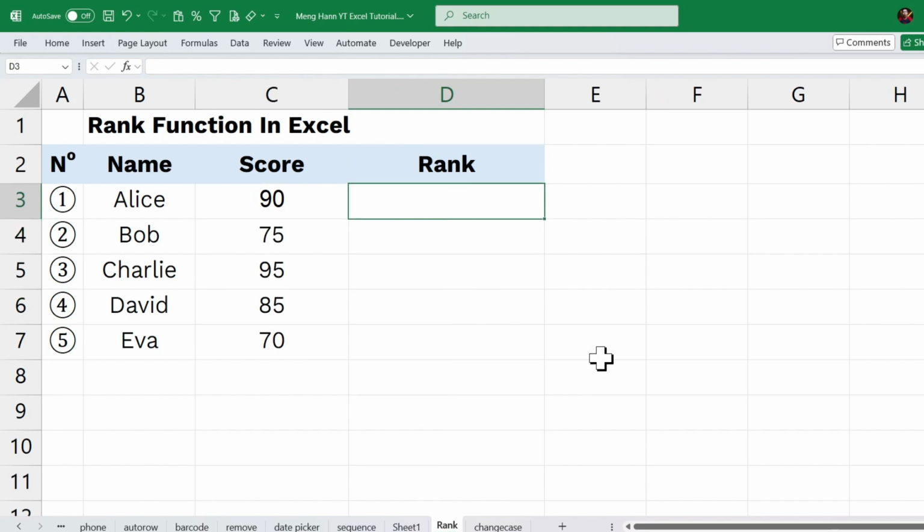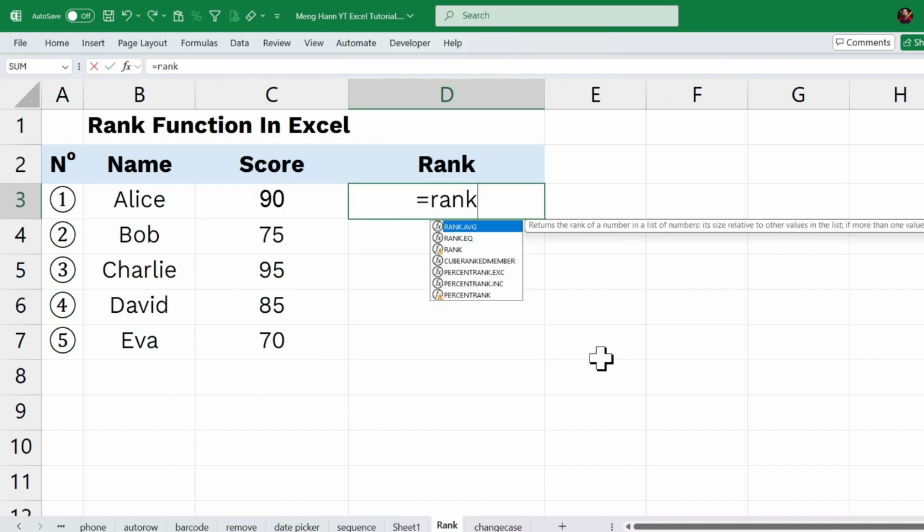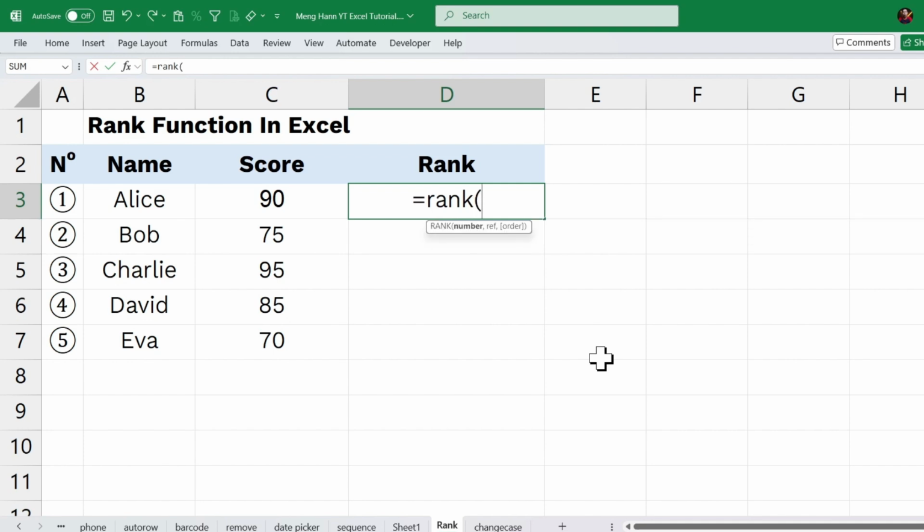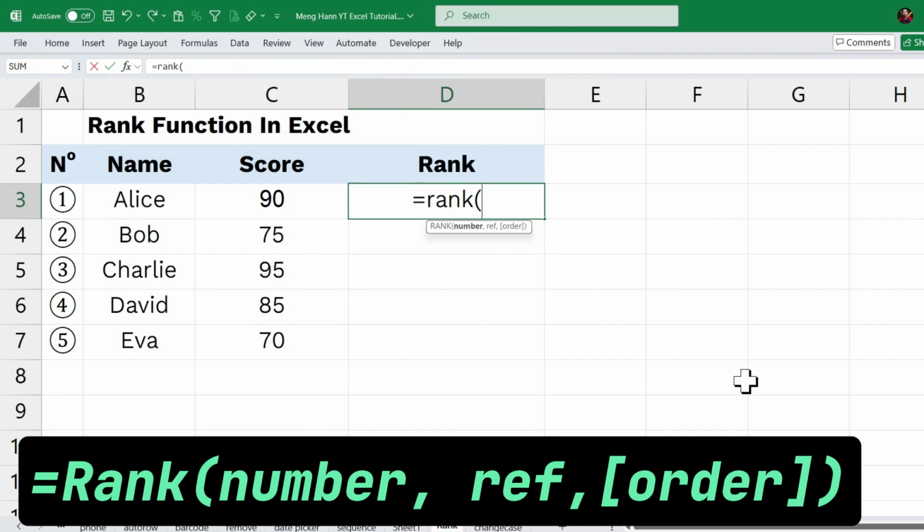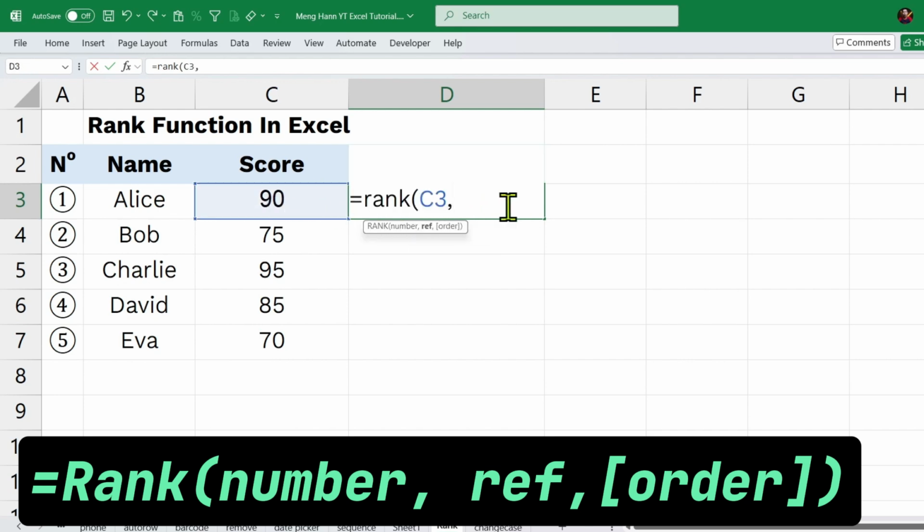You first just type equal RANK, open bracket, and then you can see number, ref. Number means the number of your cell, the value from the score. And comma, you have ref. Ref means reference. All the value here,